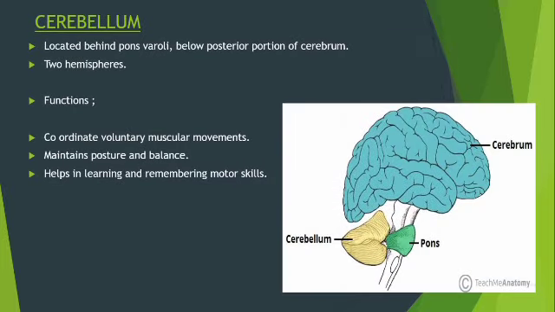So now let's learn about cerebellum. Cerebellum is located behind the pons varolii and below the posterior portion of the cerebrum. The cerebellum consists of two hemispheres, and its functions are coordination of voluntary muscular movements, maintains posture and balance, and also it helps in learning and remembering motor skills. So here this section shows cerebellum,